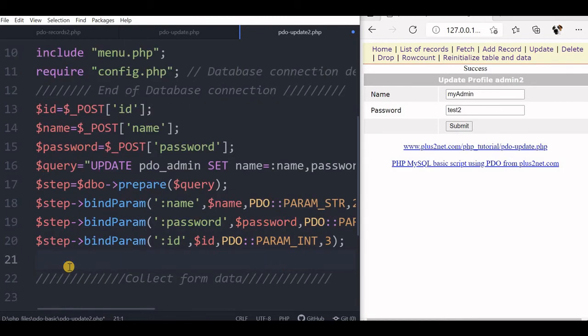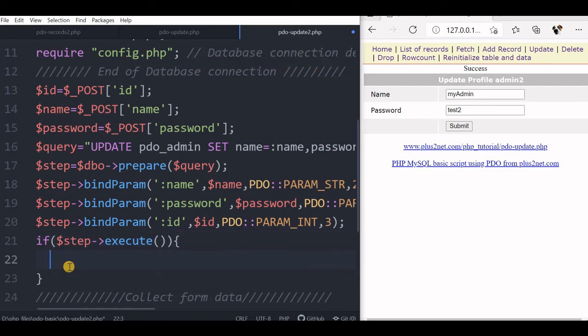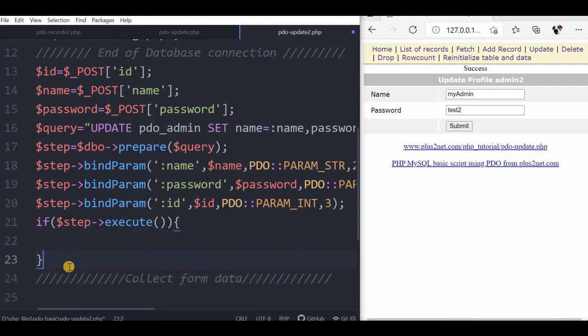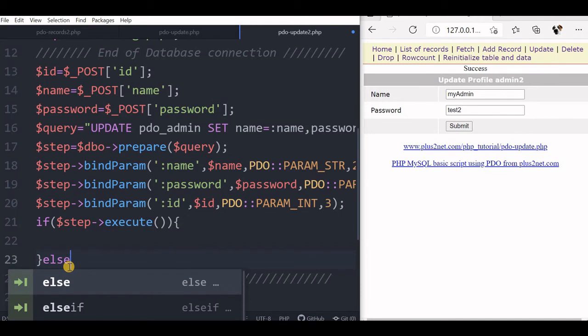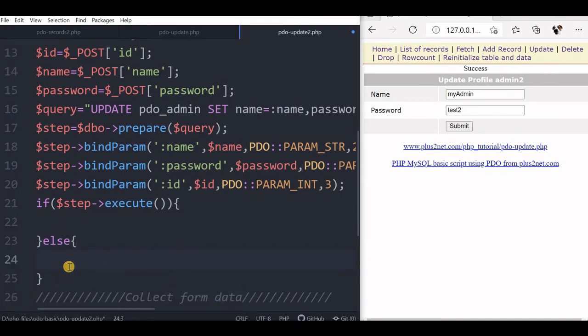Now binding a parameter is over. Now we will execute our query. So we will say if step execute. Execute returns true if the execution is successful, otherwise it will give false. So we can print the error message. This is the one where you will say that successfully updated. Now we will say else. If it is not, what? We will print the error message.